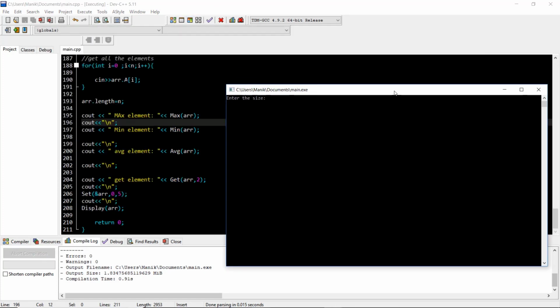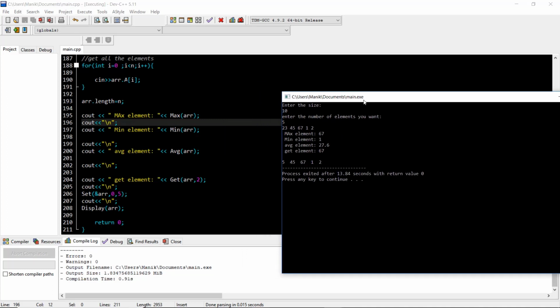Okay, so now let's see the 5 elements. So 23, 45, 67, 1, 2. Now let's see. So this is your result. Okay, in this part the result is overlapping.